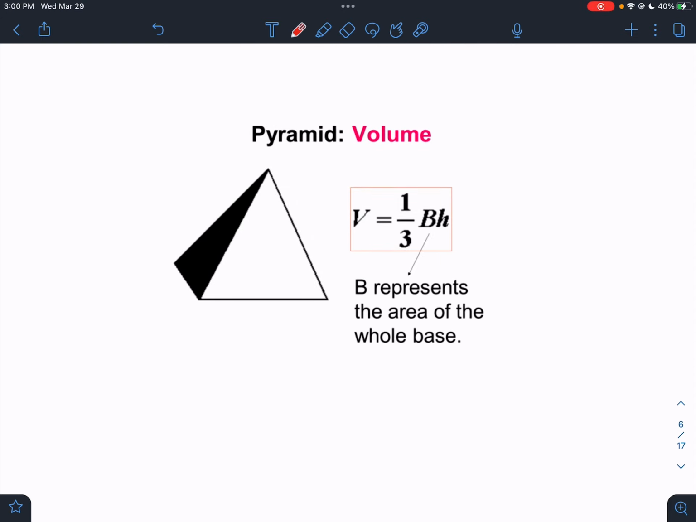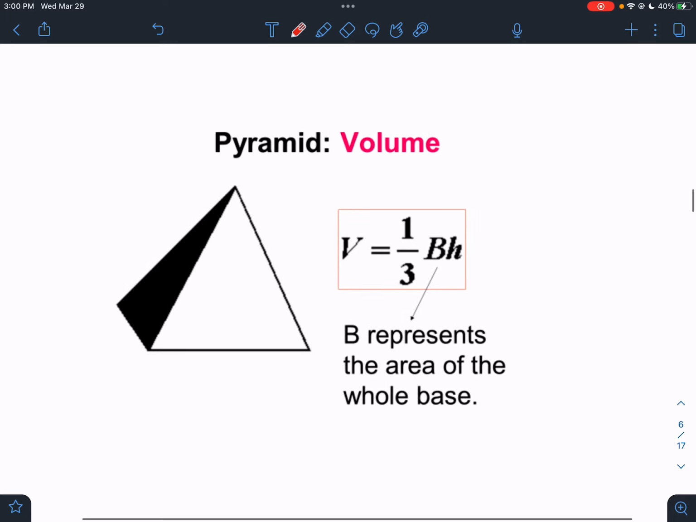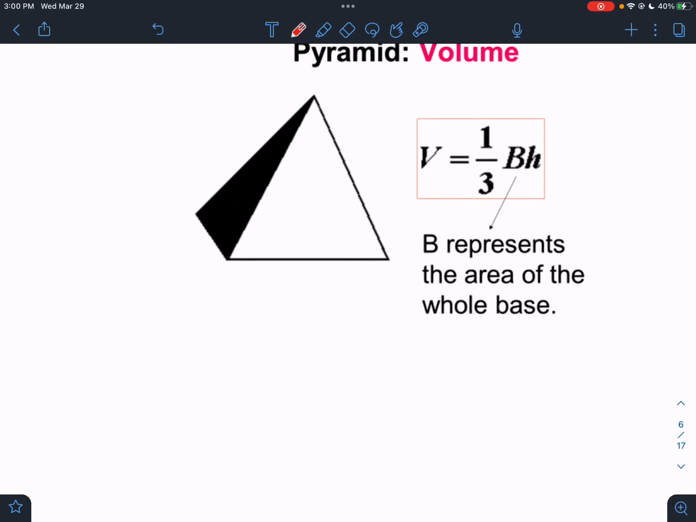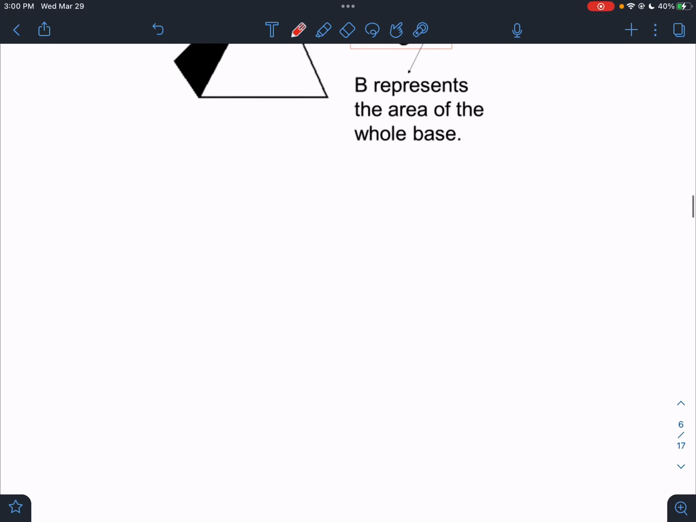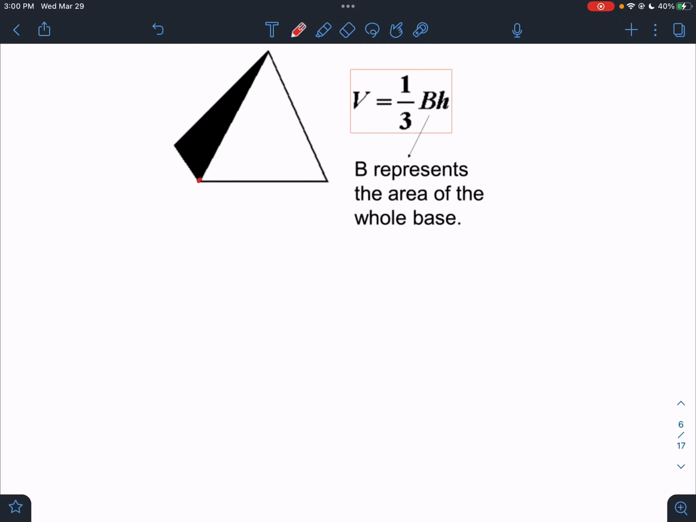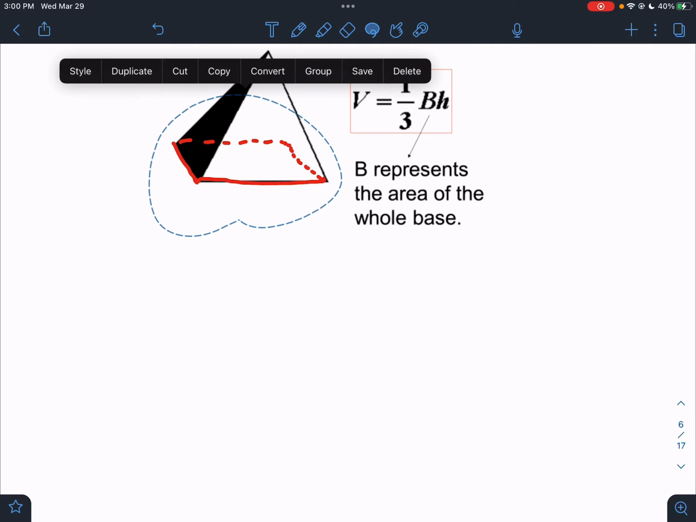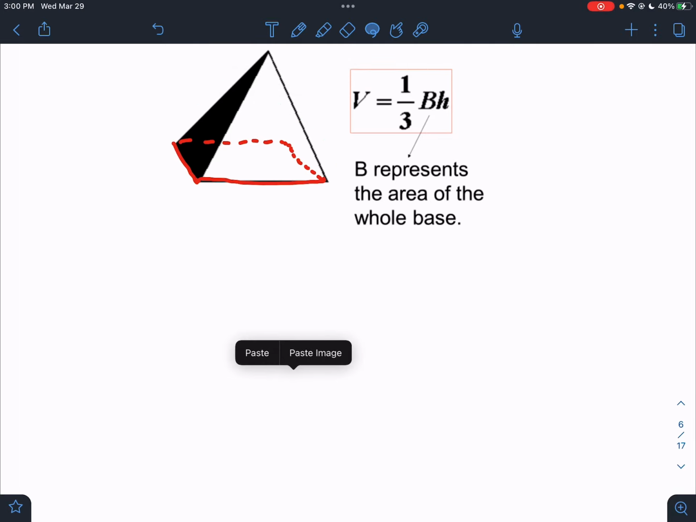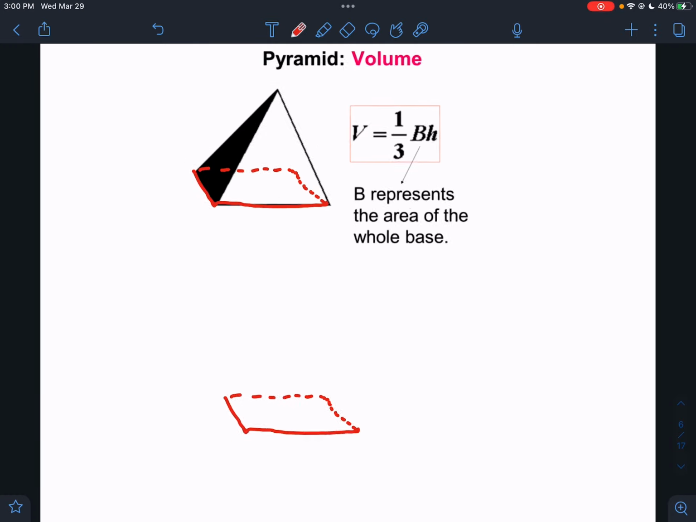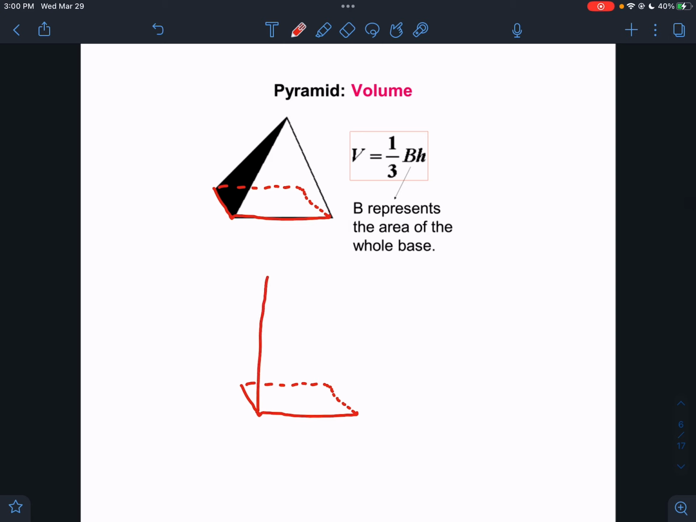How about pyramids? Okay, pay attention to this. Don't fast forward. You need to understand this. This is 1/3 BH. That means how many pyramids could fit into a prism that has the same base and height. So let me trace this base real quick. If this base looks something like this, if I had a prism with the same base and the same height,